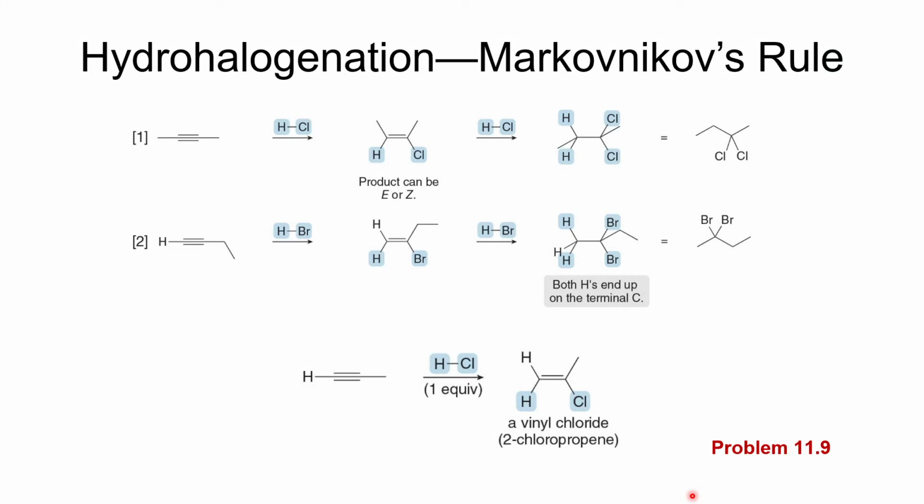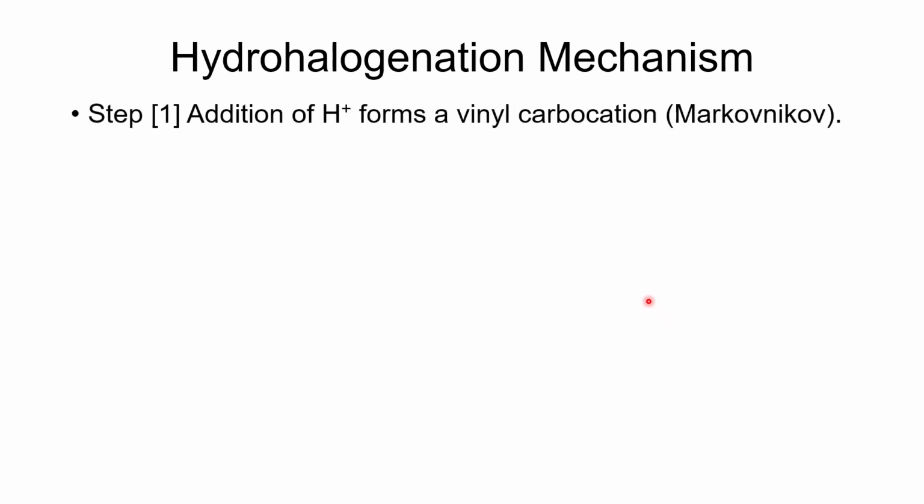Now, you may be wondering, why is it that we always get geminal dihalides? Why don't we get vicinal dihalides? Why is it that the halogen always ends up on the same carbon as the first halogen? Well, let's look at the mechanism. So the mechanism is going to look very similar to what we did with alkenes. We're going to start off with